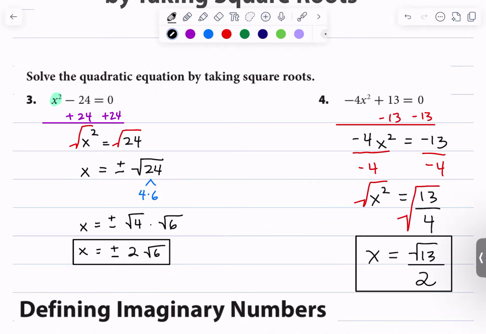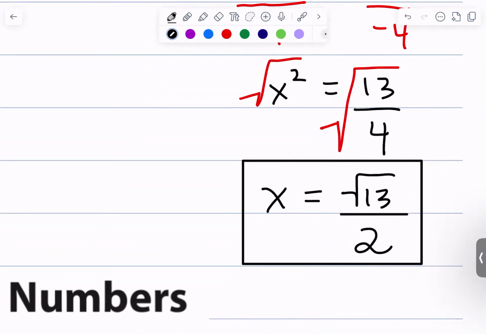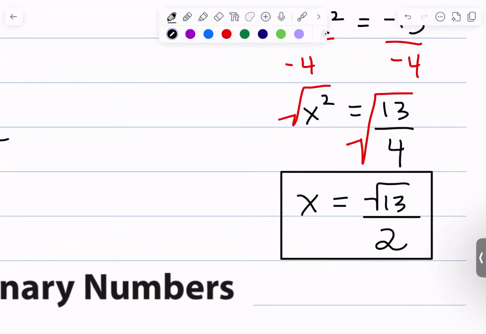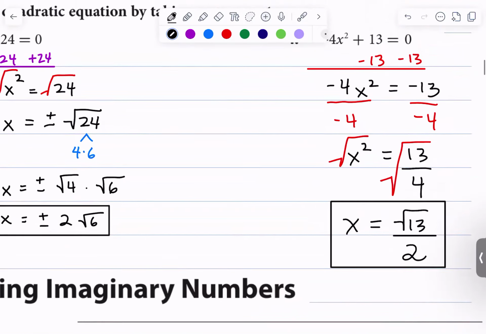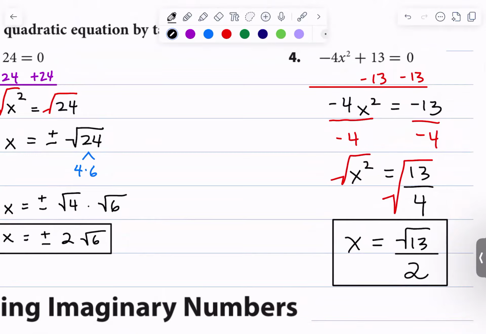Yeah. We're good with this answer? Why no? Yeah, I forgot the plus or minus. Right? So we always need that plus or minus on there, and that was the emphasis of module 9.1, right? Whenever we solve, we take the square root, we need the plus or minus. Okay? But in this section here, 11.1,